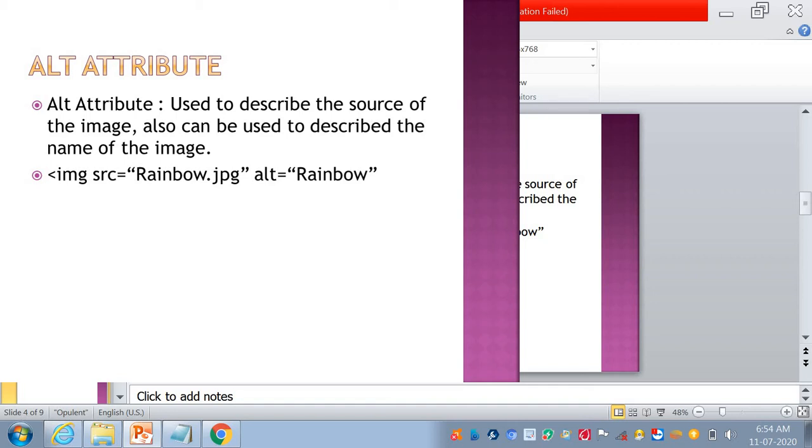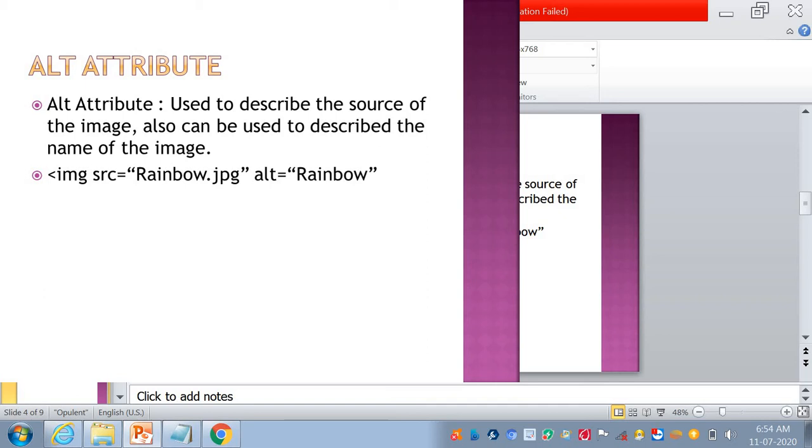Alt attribute. Alt attribute is used to describe the source of the image. It can also be used to describe the name of the image. So here, for example, image SRC is equal to rainbow.jpg.